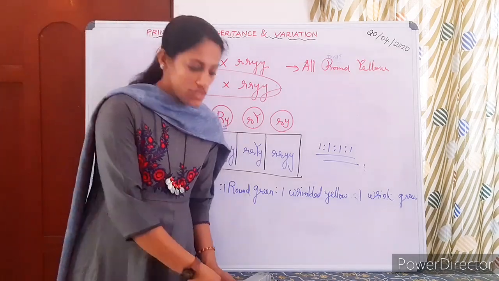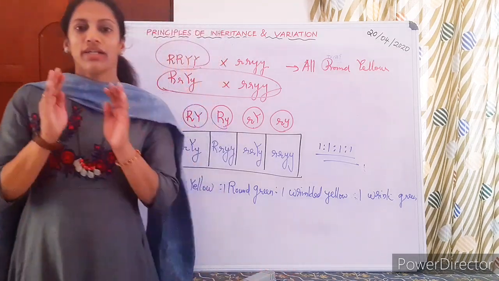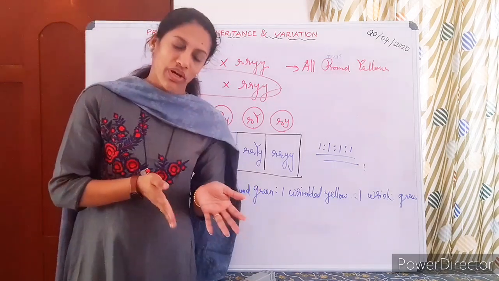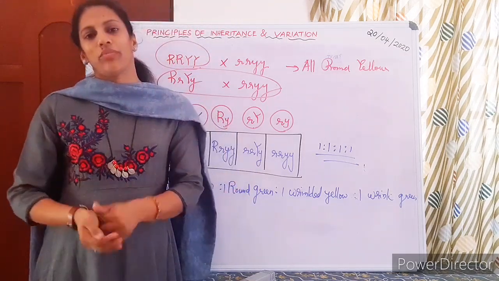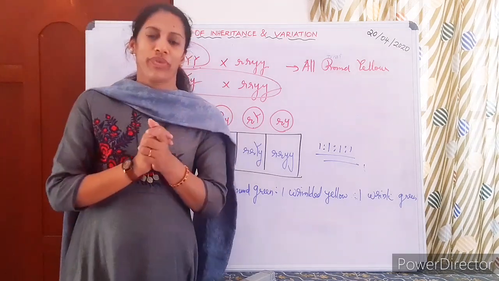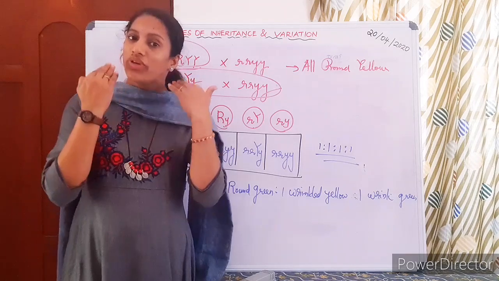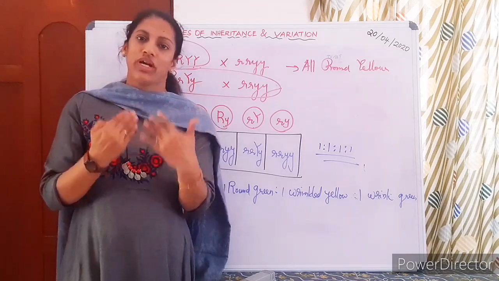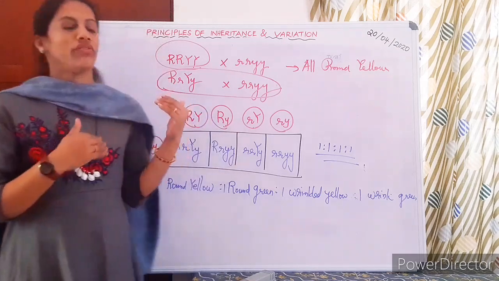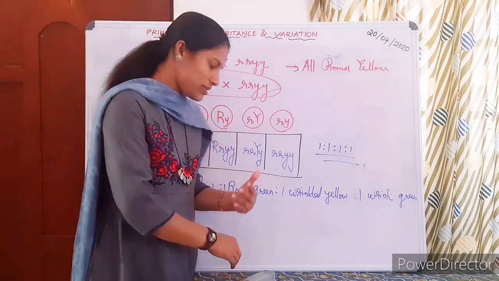So what is a test cross? The cross carried out to test the genotype of the dominant. It is carried out in both monohybrid and dihybrid. In any case, it is carried out by crossing it with the recessive. The recessive is used because we know the genotype of the recessive. We have no doubt about that recessive genotype. So it is a very easy cross, a test process.